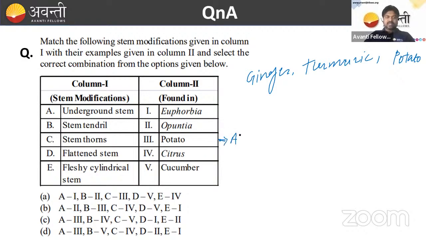That means underground stem, A, will come for 3. And stem tendril means B will come for this. Next one is the stem thorn. We also described citrus in the previous slides. And that's why stem thorn, C, will come for 4 here. And next, about the flattened stem, for the flattened stem opuntia will come, so D comes here, and the last one is here. So that's why option D is the correct option. ठीक है। चलो,